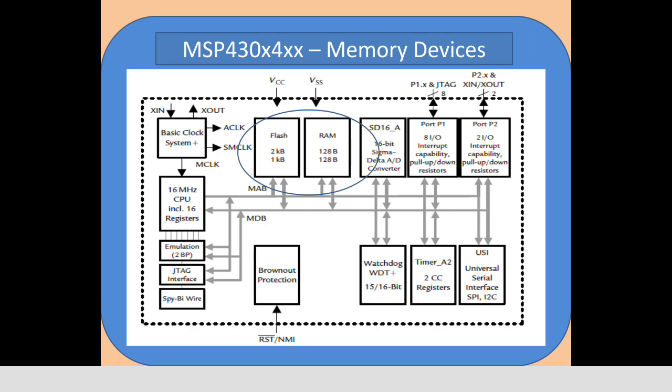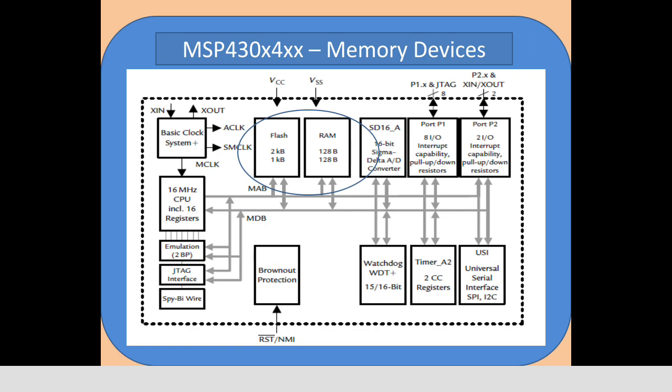And next we come to memory devices. Here we have the flash memory and RAM. The flash comes under read-only memory. That means it allows a one-time write operation and any number of read operations. The write operation is done by the vendors, developers, designers. That means at the time of designing, the programmer can store the program into the flash memory. Once it is placed into flash memory, the program cannot be modified by the user.